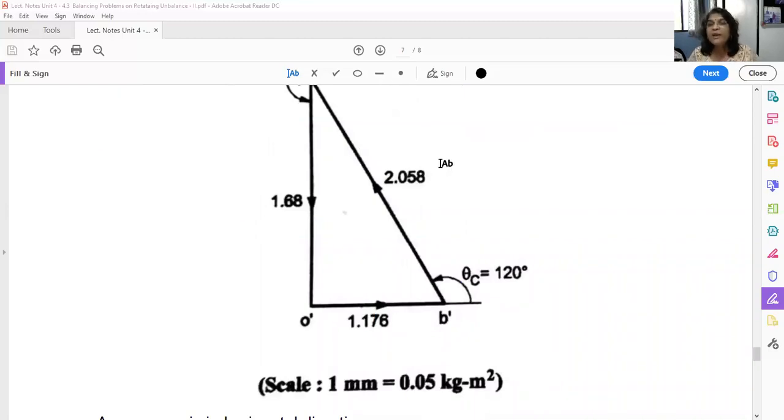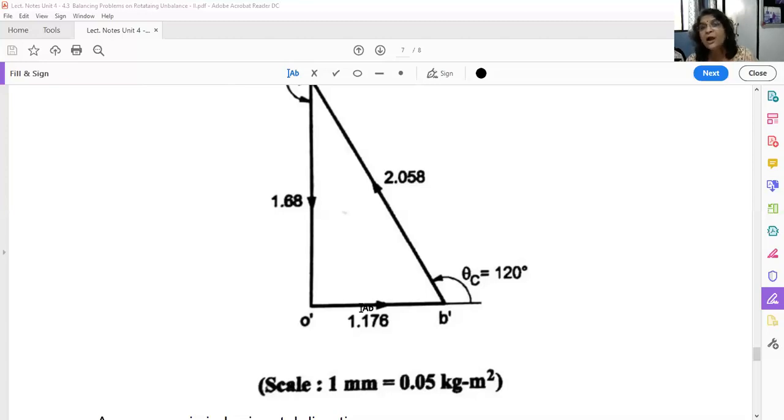Today we have ended the topic of rotating unbalance. Now in the next lecture we are going to study first the theory of reciprocating unbalance. Please don't miss my lecture. Theory is very important to solve the problem. The theory will be covered in one lecture only, and then in the remaining 2 to 3 sessions we will be solving problems on reciprocating unbalance, which are very, very interesting.